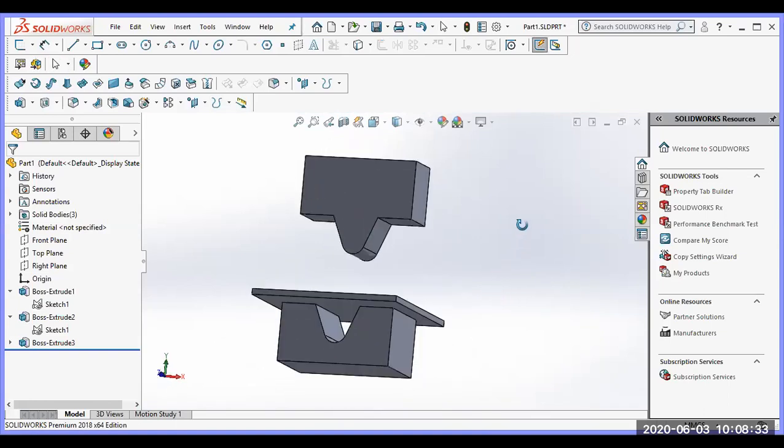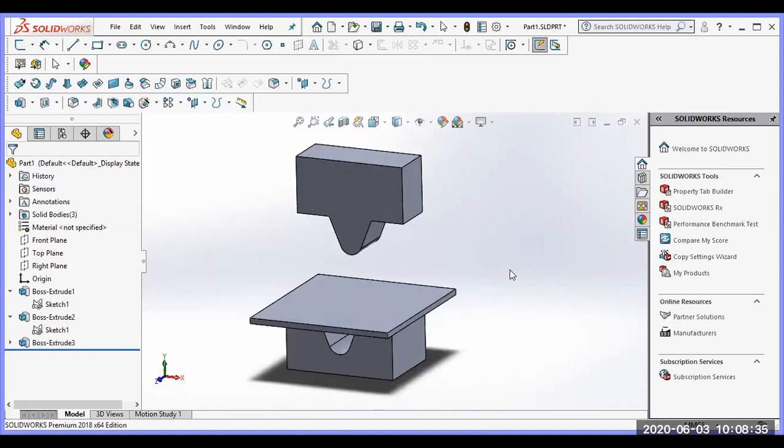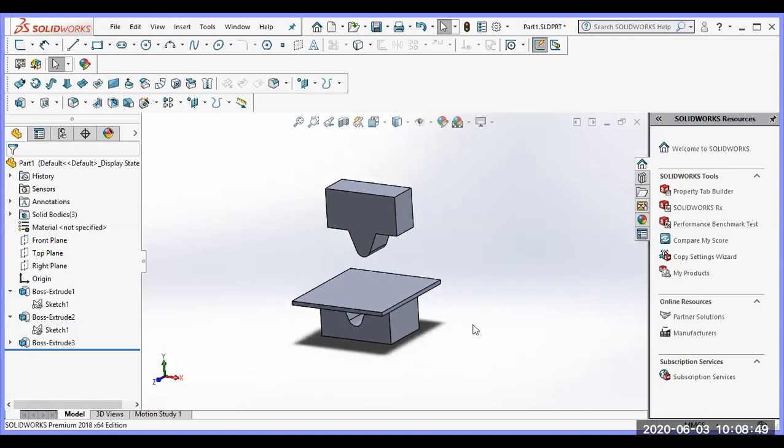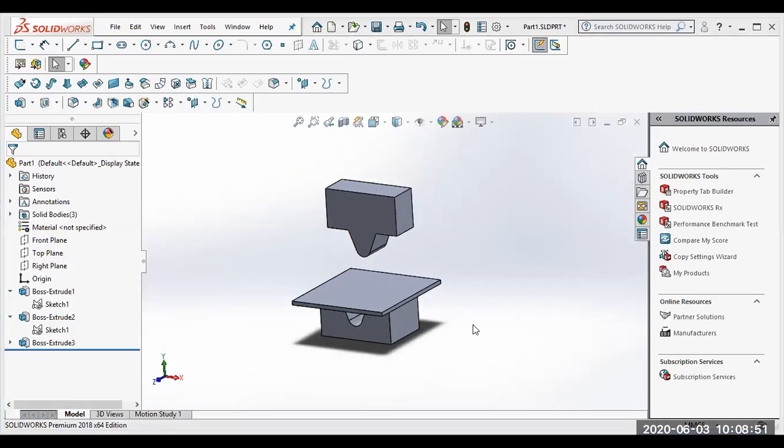Now here we are going to apply a force or maybe a velocity to this body, as per the data you have. Before doing the simulation, what type of simulation is suitable for this application?